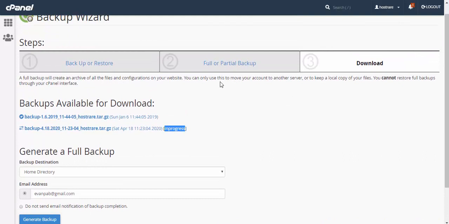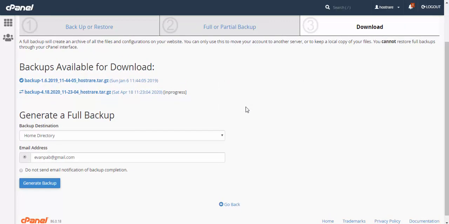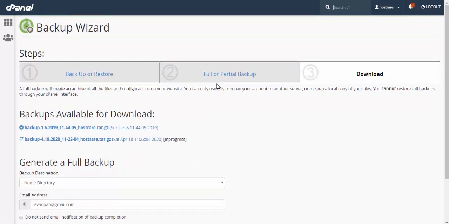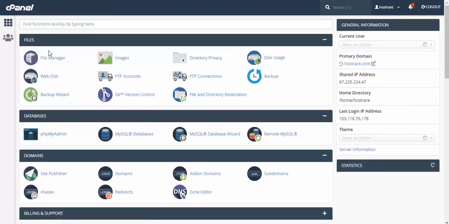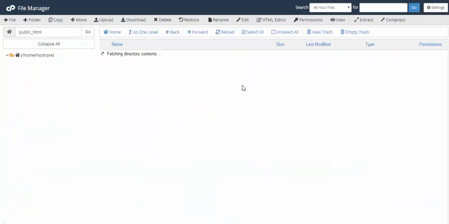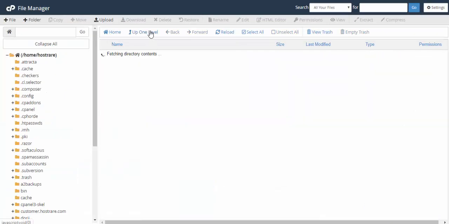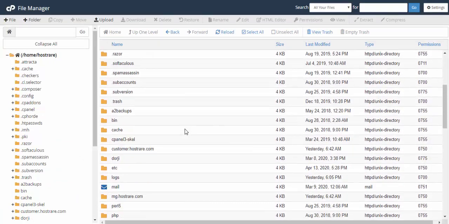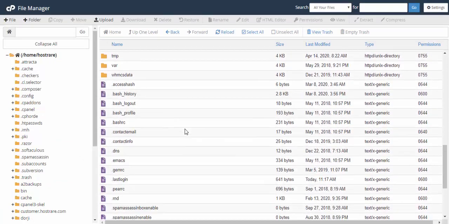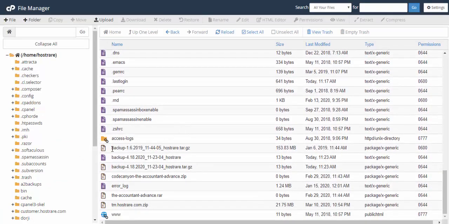When it's ready, if you refresh, you can check whether it is ready or not. If it is ready, as I assigned the destination as home directory, if you go to file manager and go up from the public HTML directory, you will find this backup here.